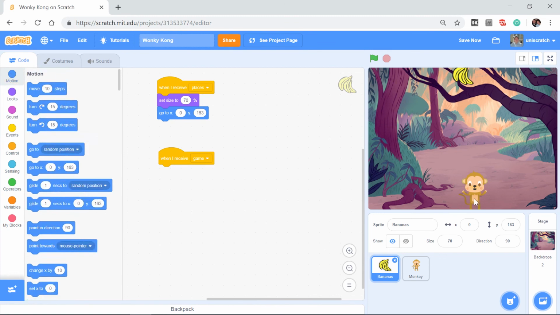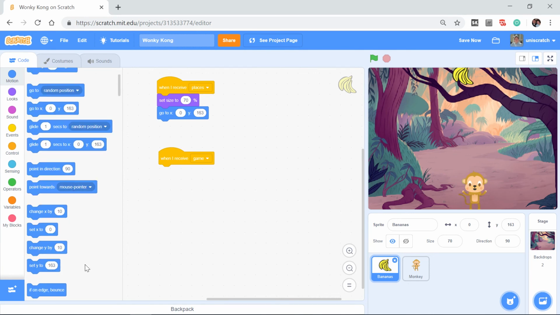Well, if movement for the monkey is left and right and is working with changing x by some coordinate, it seems like movement of the banana should be changing y by some coordinate. And if we change y by 10, remember that with the way that the coordinate system works, a y coordinate that's positive is going to be going up. Well, these aren't helium bananas, so we want them to fall. So we want to change y by -1. And so I could do that, and I can click on this, and you'll see that they are falling, but